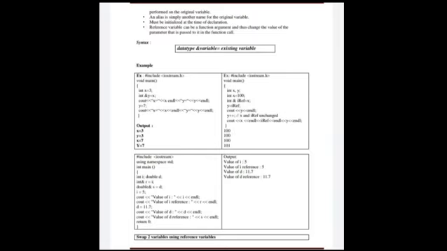See the example. Variables in C++ can be declared anywhere in the program before using them. Reference variables are used as aliases for other variables within a function. All operations supposedly performed on the alias, that is the reference, are actually performed on the original variable. An alias is simply another name for the original variable and must be initialized at the time of declaration. A reference variable can be a function argument and thus change the value of the parameter that is passed to it in the function call. See the syntax and example.